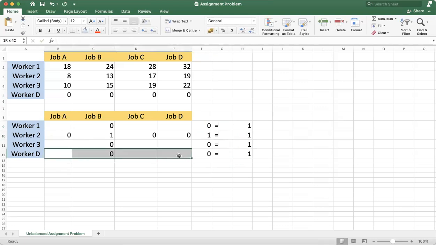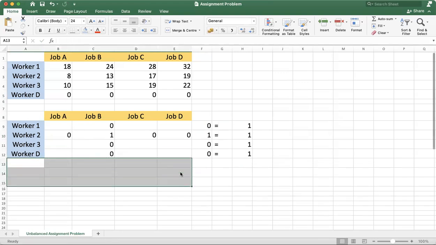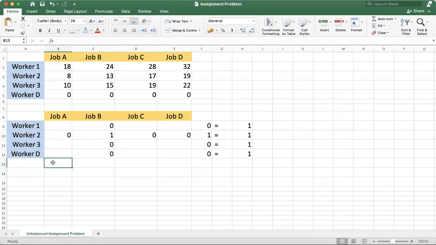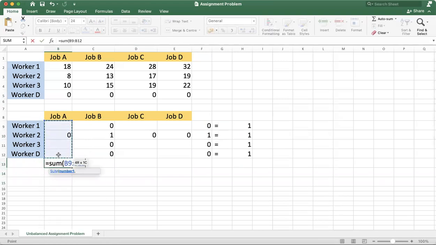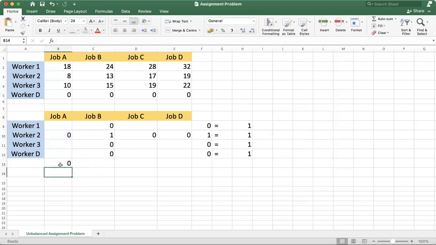Similarly here, we'll do the summation of values in all columns. You can drag this formula as well, and again it should be equal to 1.